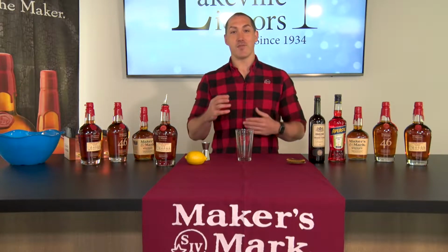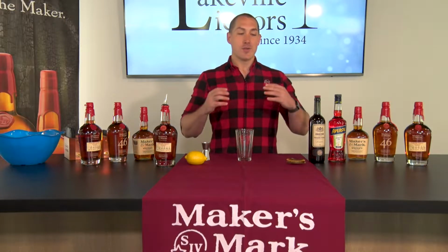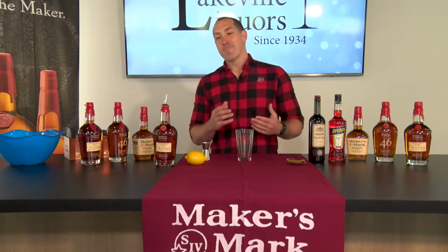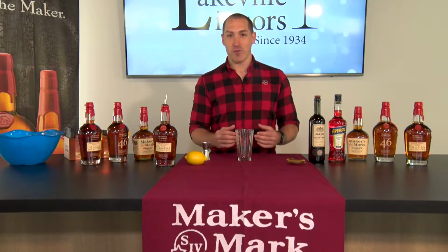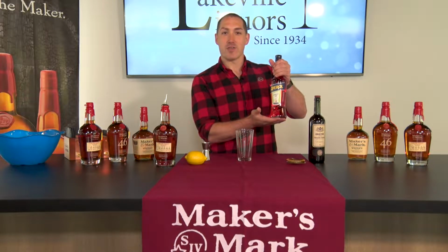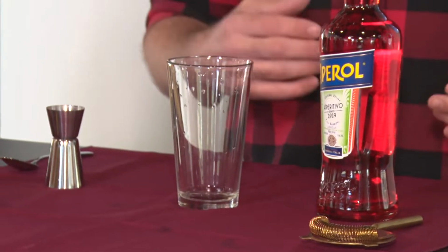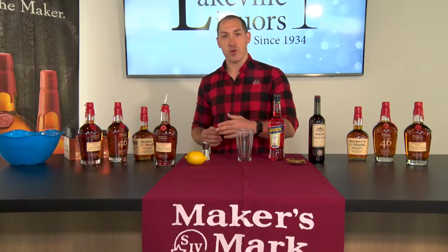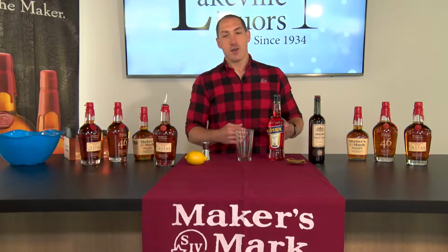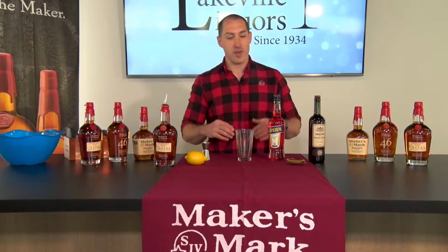It in itself is kind of a riff on a Manhattan, but a little bit more bitter, a little more aggressive. Campari has, for some people, kind of an alienating flavor profile. Its little brother is called Aperol. It's a similar flavor profile, also a bitter orange driven aperitivo from Italy, but a little softer, a little sweeter, more inviting. So we're going to use a bit of Aperol instead of Campari, change the proportions slightly, and we're